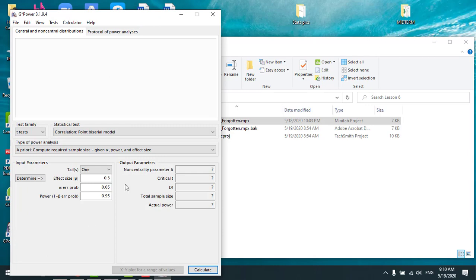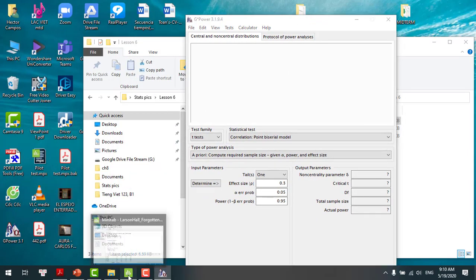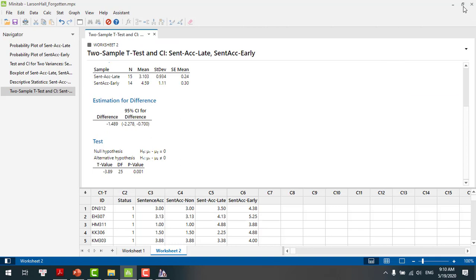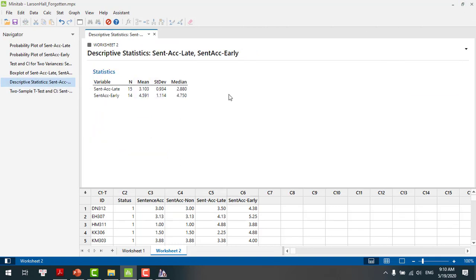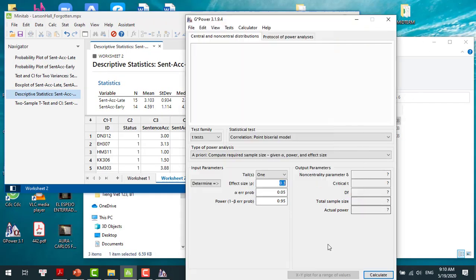Okay, so that's my GPower 3.1. Okay, let me open again. Here I will need to have my basic descriptive statistics. So I will keep them here, and I am going to put this here. Now here then, this is GPower